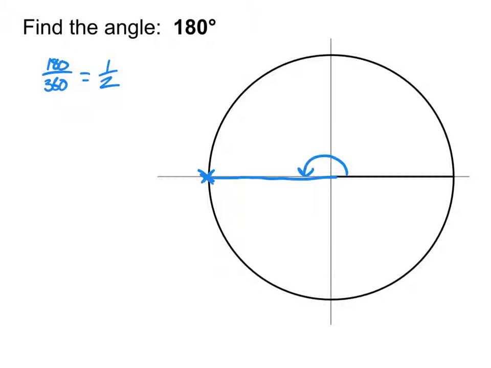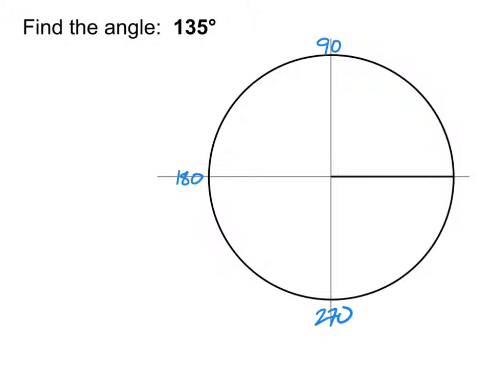Now, those three numbers that we just talked through, 90, 180, and 270, get to know those really well, because those are our little increments that we use in terms of looking at all the other angles, in terms of knowing where they are going to land. So if I give you a question like this, find the angle of 135 degrees, where would that be located? Well, if you know where all of those other angles are, the 90, the 180, and the 270, and even the 0 over here,